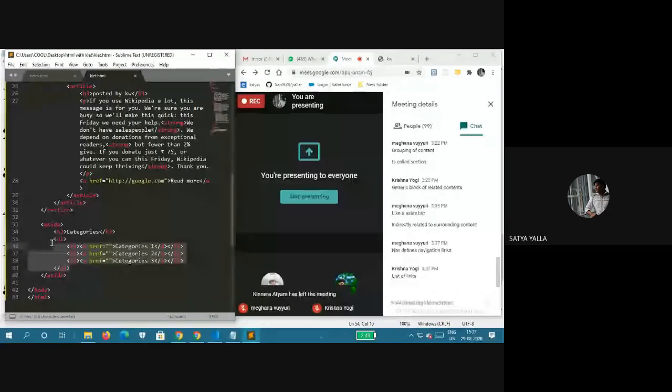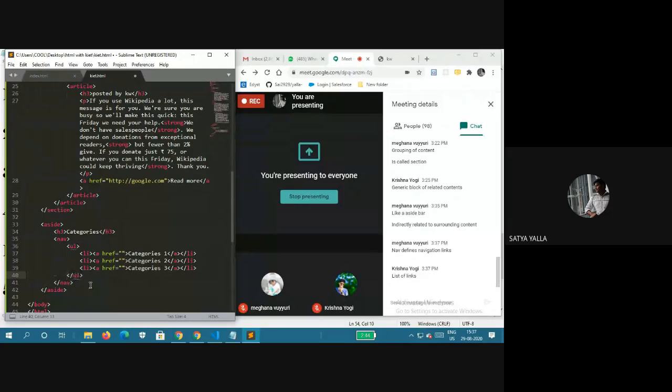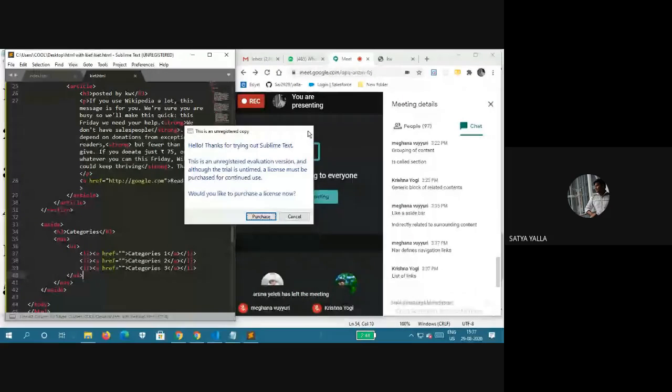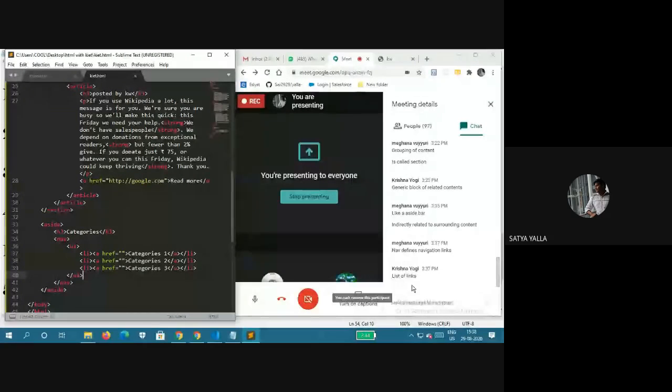Just paste nav here. Yes, it's right. So navigation is a set of links, a list of links also is right.